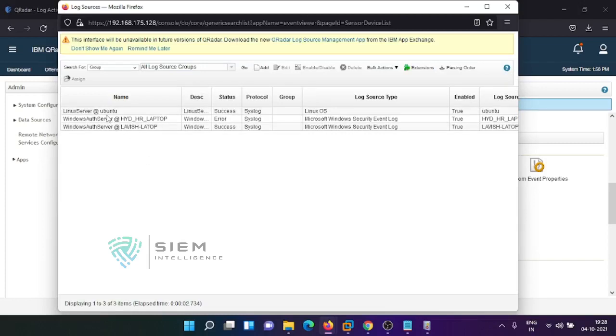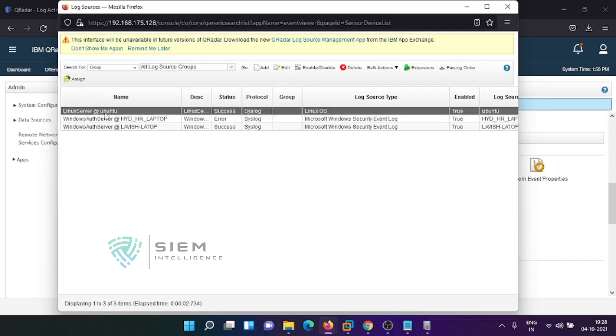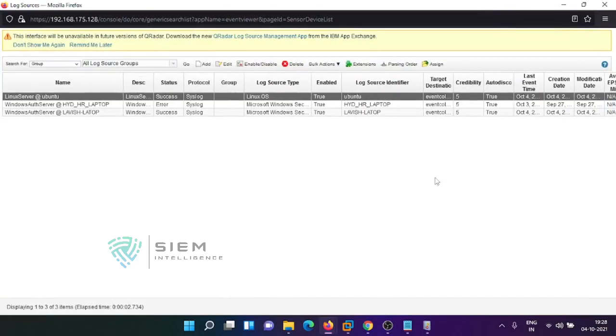There is something called Linux Ubuntu, Linux server Ubuntu, and it is now success. It has just now been added, and if you open it properly, it is auto discovered. See, it is auto discovered, and the last event time was something like 4th October. Just now it has been added,